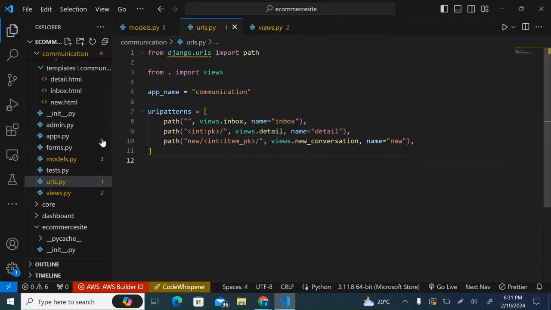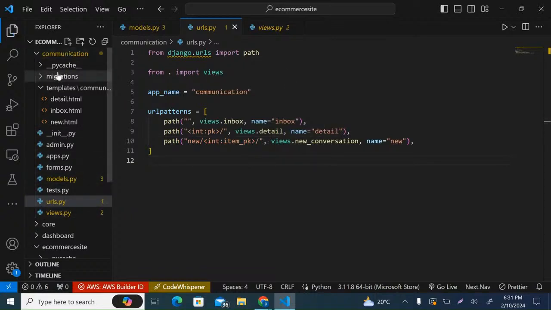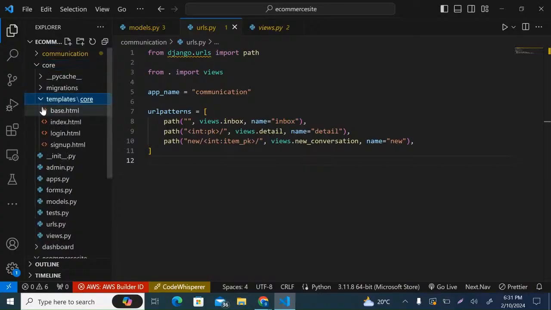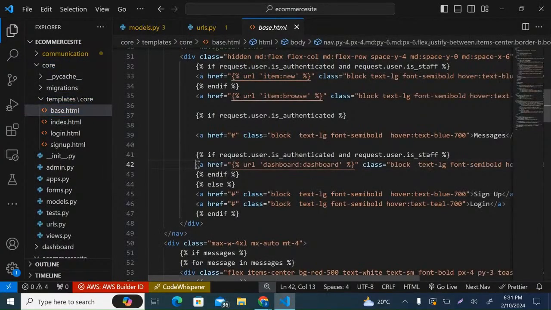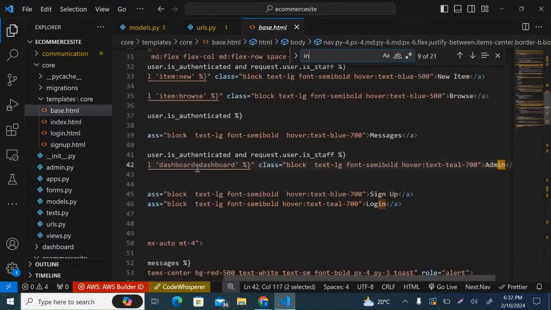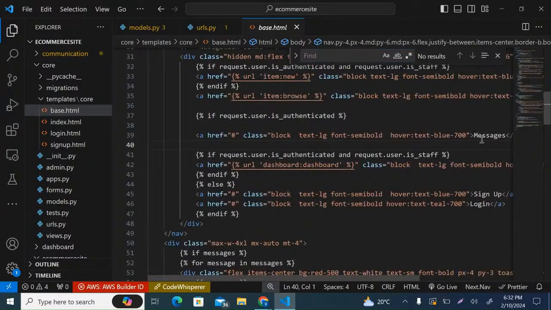So with that, I think I come to my core, on my base, and then I look for, did I call it inbox messages, sorry. So here under messages is where we're going to now be able to put in the exact URL